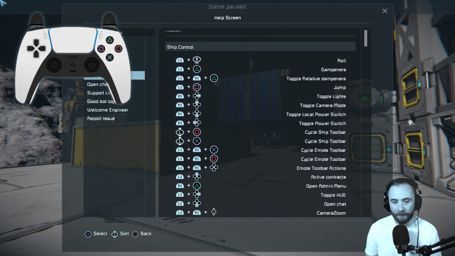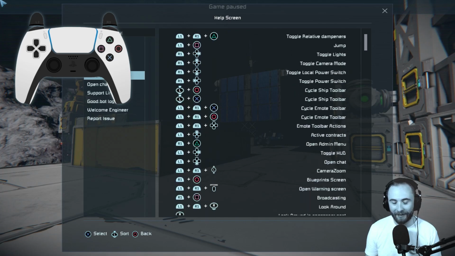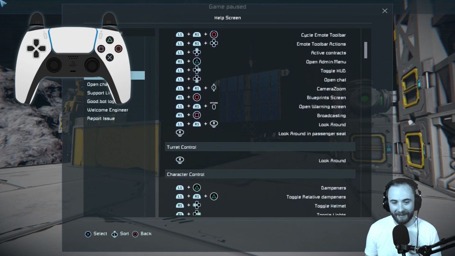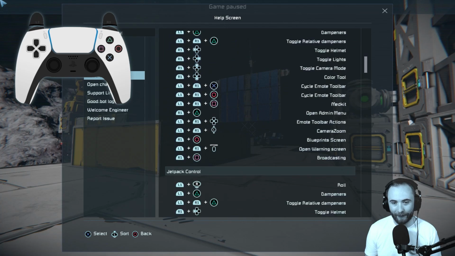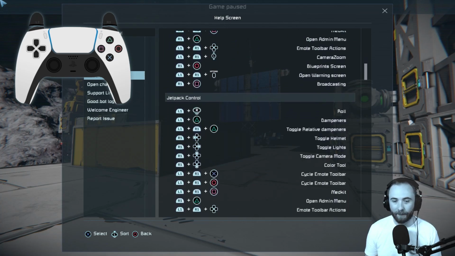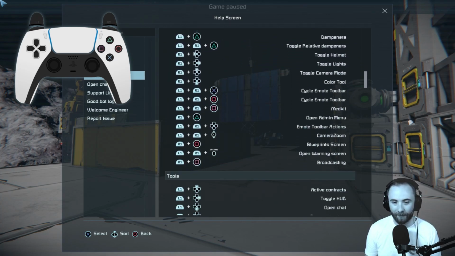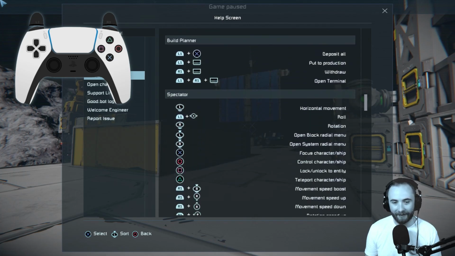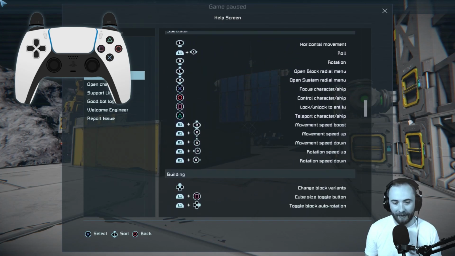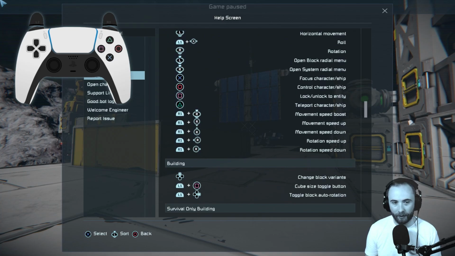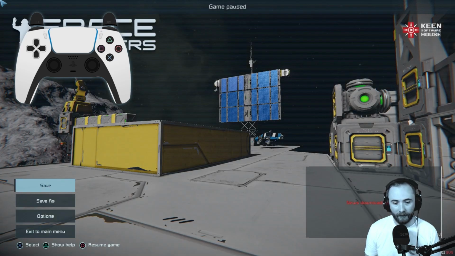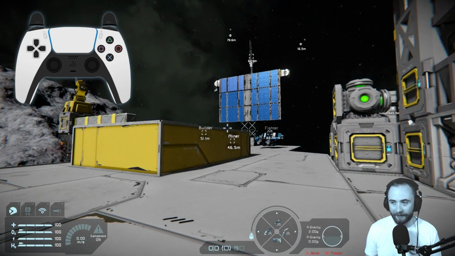This is pretty much every key combination you can ever need to play Space Engineers. So even if you're a more experienced player and you forget a certain combination, you can always come in here and refresh your memory in the help screens. That's always good to know. So that's the options button plus triangle. Now if we back out of this with the circle here, and come back into the game,